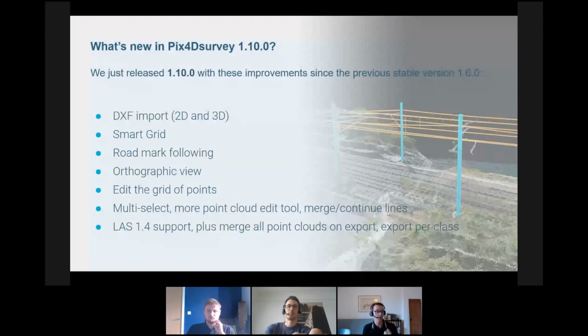The big things were what you see here. You can import your DXF. So it's not an overlay, it's a 2D or 3D import. Your 2D stuff gets applied to a single elevation. The smart grid, you can follow road marks. I'll show you that, but you can follow dashed or solid paint in your project. We brought an orthographic view so that all that stuff that you know should be straight is going to be nice and straight. Some editing, a lot of cleanup tools, and then you can also merge point clouds from different